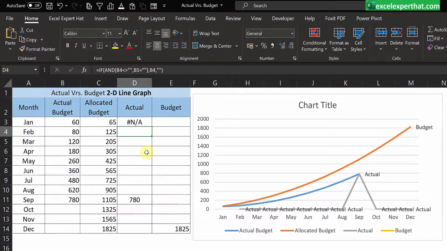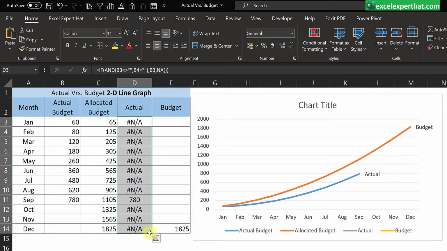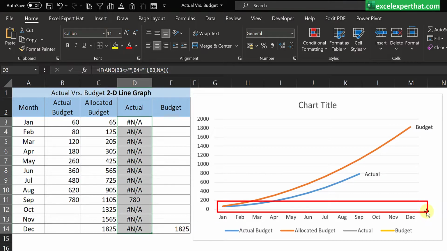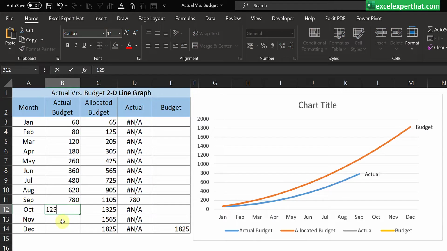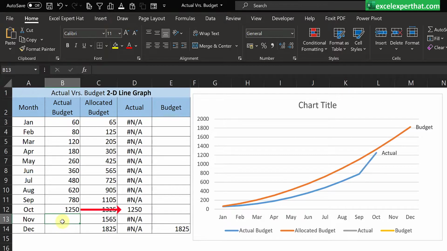You can see here it has shown #N/A, and I will apply this formula to all cells. Now you can see all the actuals have gone off, and now the actual is showing perfectly well. Now let's try: I will put the next month's actual budget and hit enter, and now this actual tag is moving with the line of actual budget.